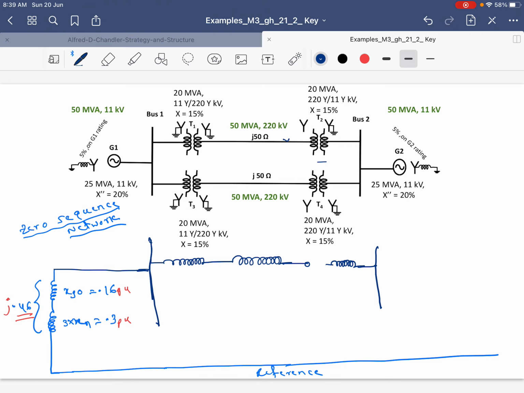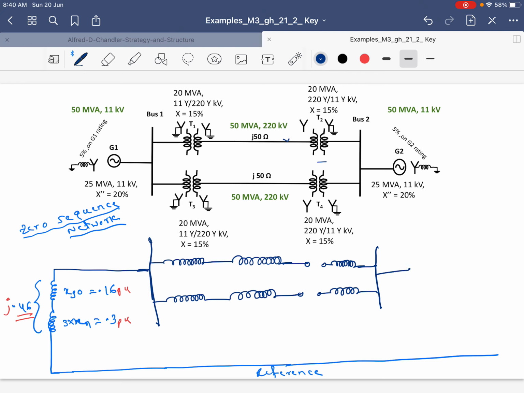We'll go for the second line. Once again it is star and grounded. There is a direct path, therefore I will draw a direct path here. Then the transmission line. Once again it is star connected ungrounded on one side and star connected grounded on the other. Therefore this side, which is connected to bus number 2, has a break, the same as the previous case. I am showing the break here, then it is connected to bus number 2.